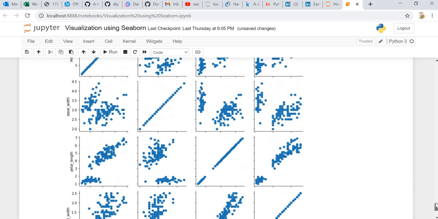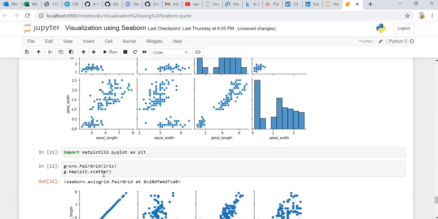If we want to change it, then we can also do that. So for that what we have to do is g dot map diag, since the diagonals we want to be something different. So map diag, we can do plt dot scatter.